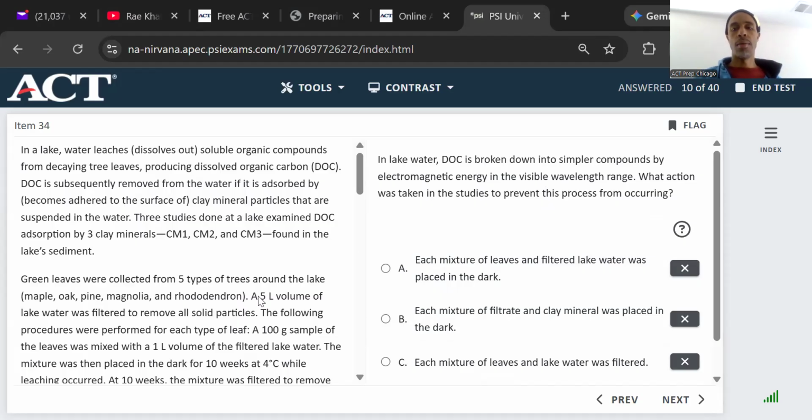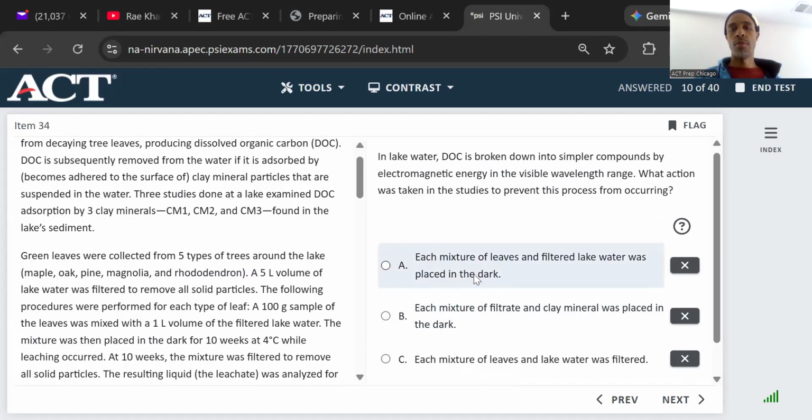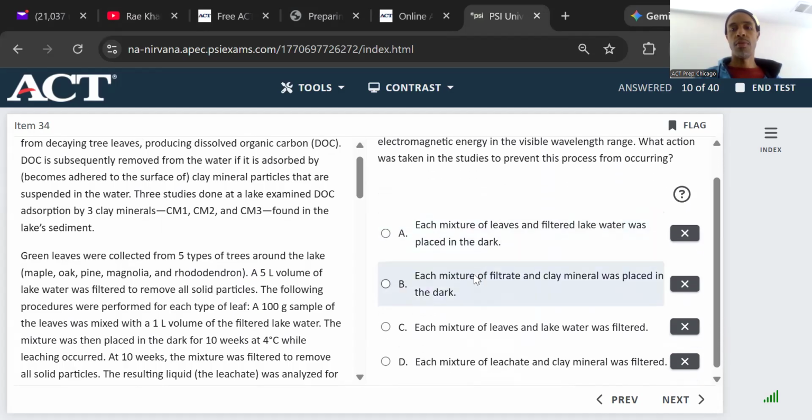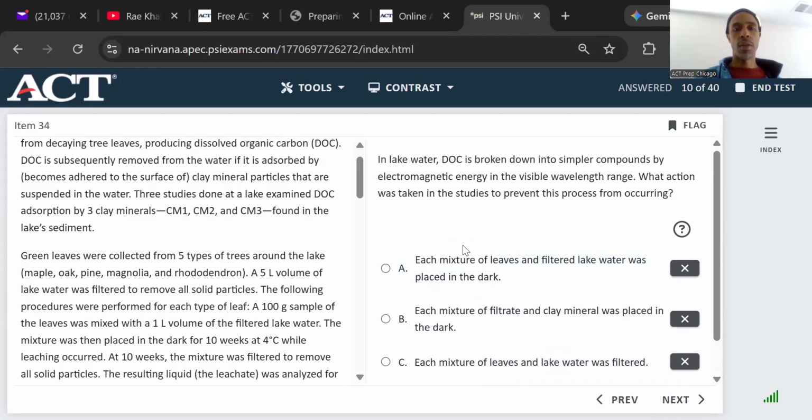Oh, they filter them. Each mixture of filtrate and clay mineral was placed in the dark. Each mixture of leaves and lake water was filtered. Each mixture of leachate and clay. What was filtered? I think it was the leaves and lake water. Because if DOC